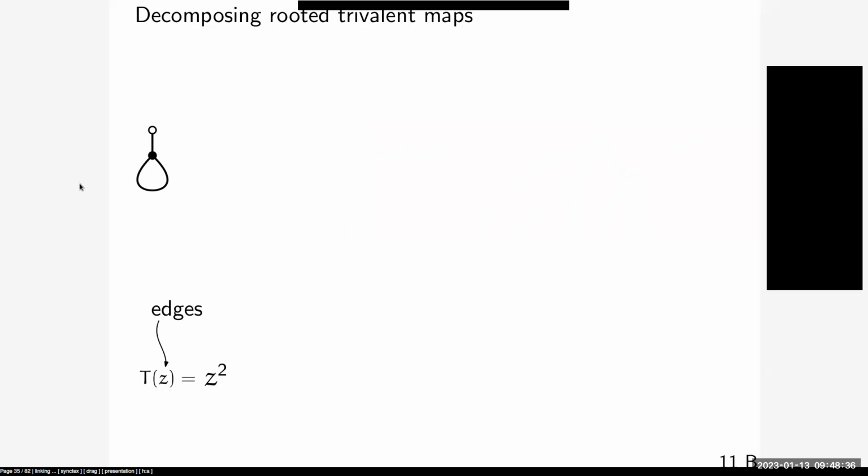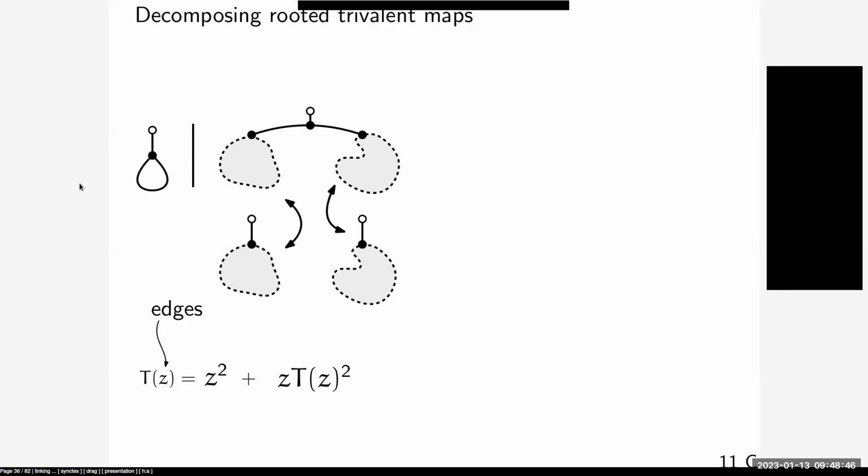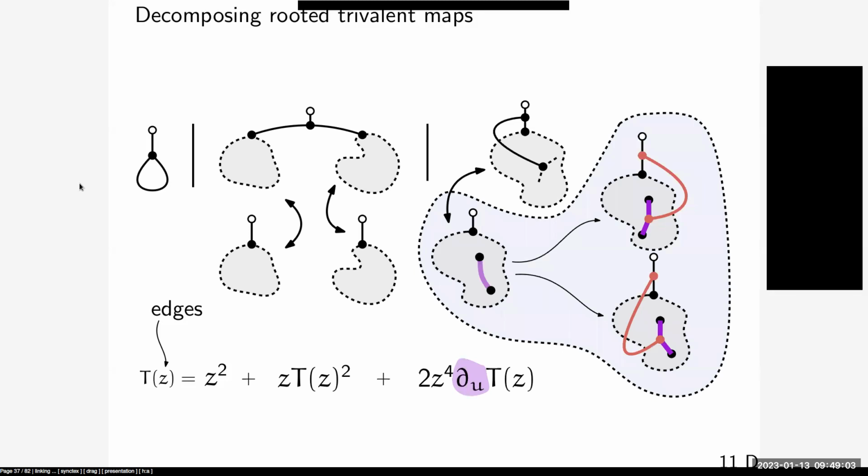And so a rooted trivalent map, as we said, is one where the root has degree 1 and every other vertex has degree 3. And so the smallest possible such map is the little loop we see here. And then we can consider what happens when we delete the root and its neighbor. If deleting them gives us a disconnected map, then of course we obtain a pair of disjoint maps, and we have this case here. Otherwise, if deleting them gives us a connected map, it means that we started with a